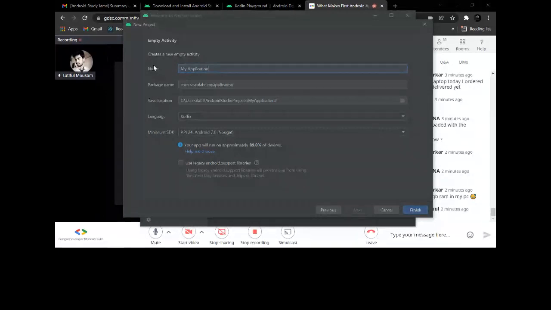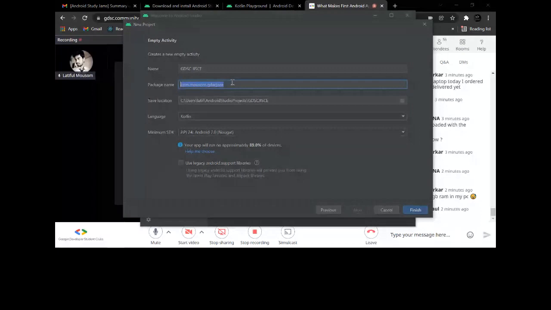By default, this is the name of our app. We can change it to anything. Okay, so let me change it to GDSC, and you can see that if I change this, here also it's changed. For you, this will be com.example dot something. You can give your name over here. So this is the package name. What the package name does is it's a unique name for every application. This unique name is needed for identification of each application.